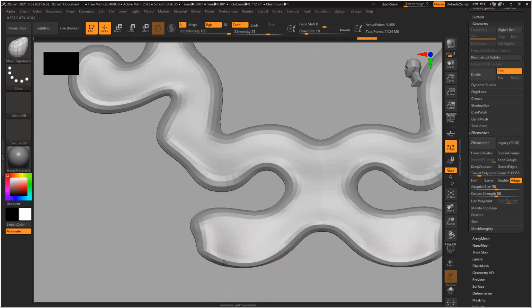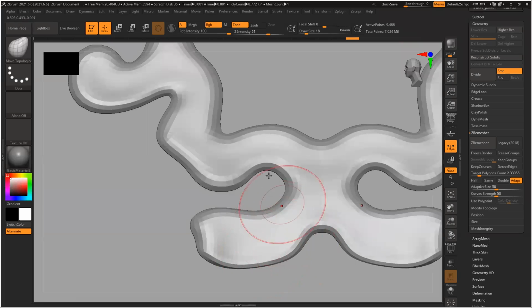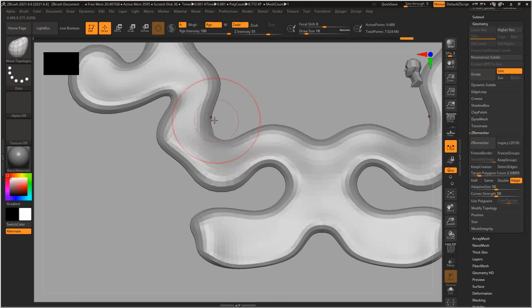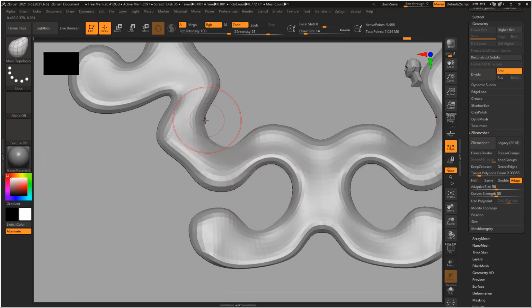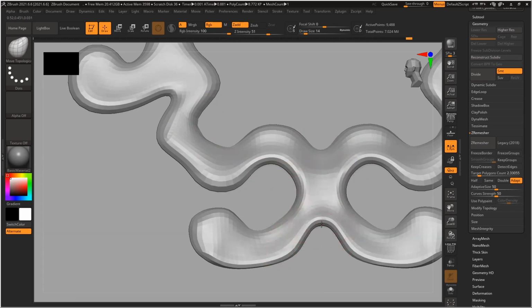So refine the shape. Slightly more angular.